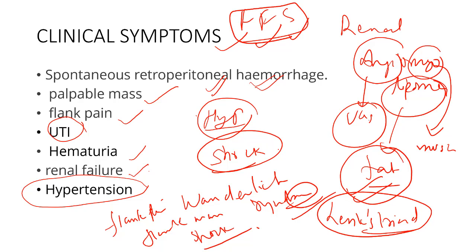And in hypertensive patients, there is a very high chance that spontaneous retroperitoneal hemorrhage happens. So the treatment is basically that the person's BP should be within the normal limit, so that spontaneous rupture of angiomyolipoma does not occur and the patient will not land up in Wunderlich syndrome or Lenk's triad. Okay,